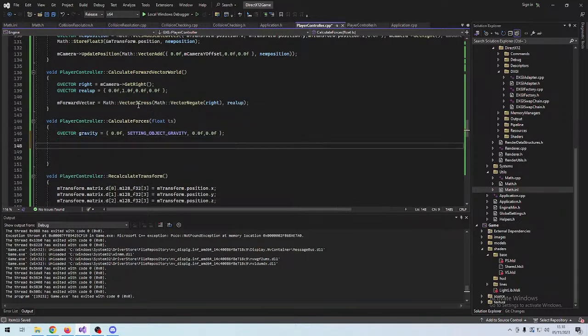The gravity just gets set every frame here in a vector. Then, if we want to